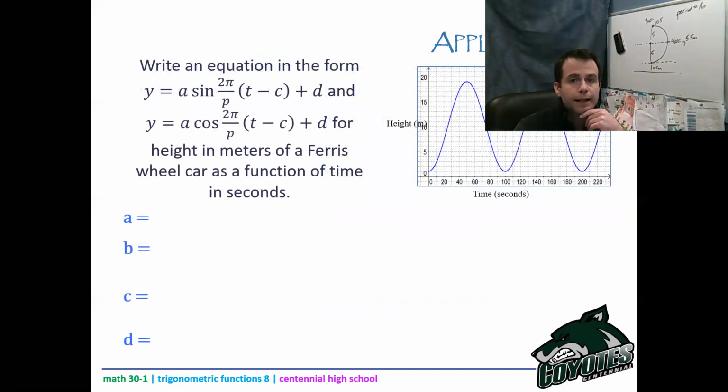And now it asks me to create an equation. So I know the A was the radius, and I've already established that, that's 5. B, well, I know my period is 100 seconds, so that'd be 2 pi over 100, which would be pi over 50. The D value we also established was 10. Now, to do a C value,